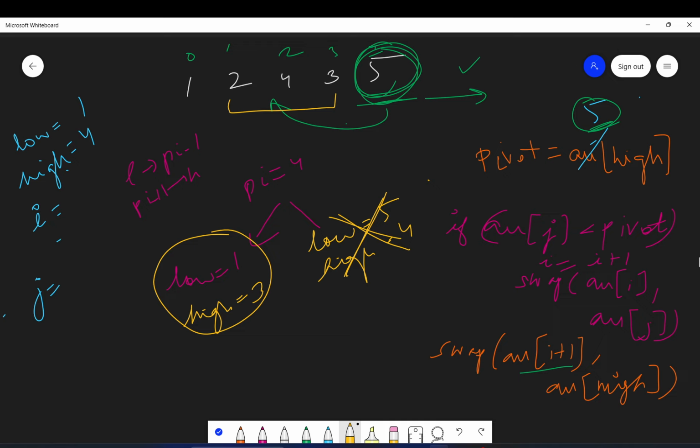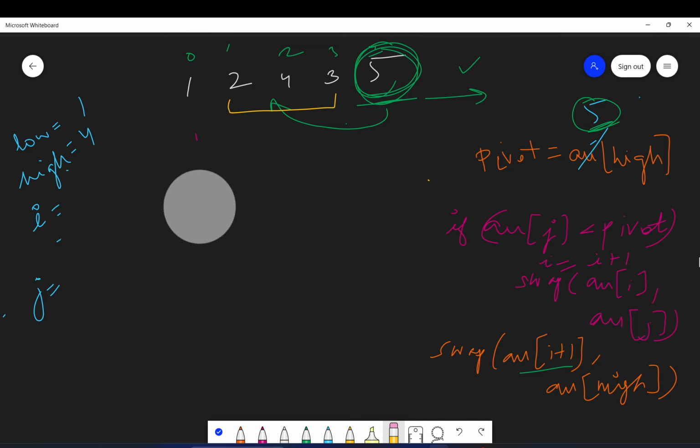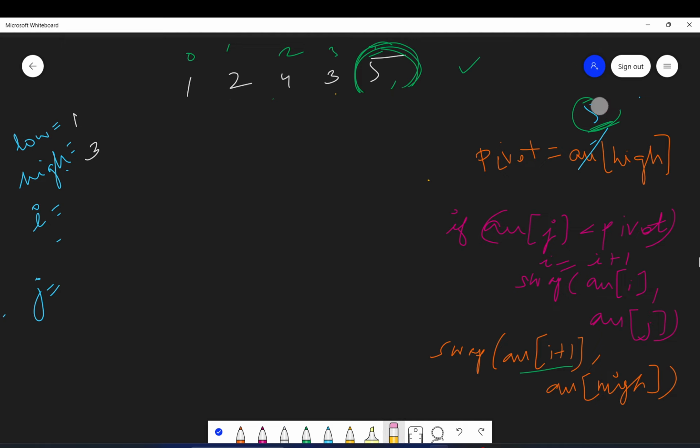Now let's traverse that. So low is 1 and high was 3. Now the pivot will be ARR of high, which is 3, and I is equal to low minus 1, so I will become 0 and j will be low, which is 1.